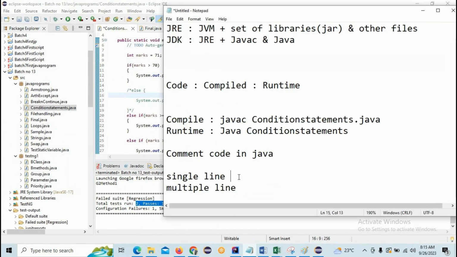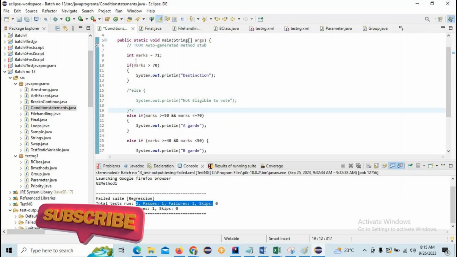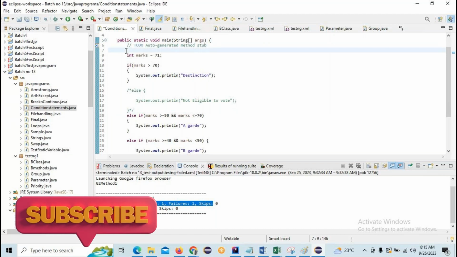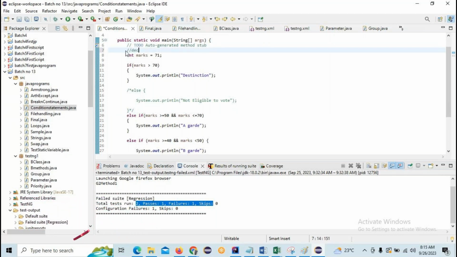Okay, here you can see single line comment syntax is two backslashes. And one more use for this is, here you can write comments like declaring variable.